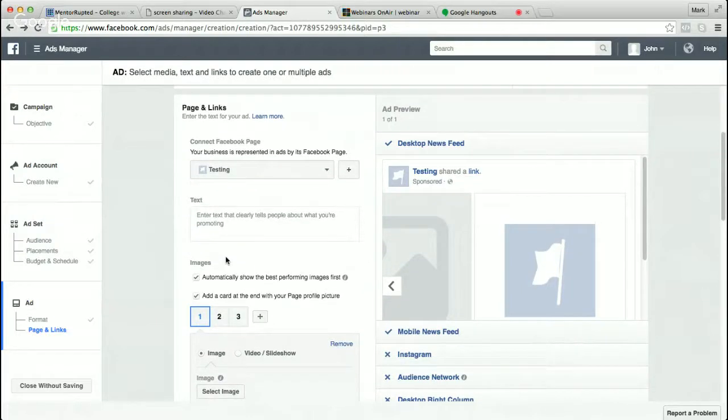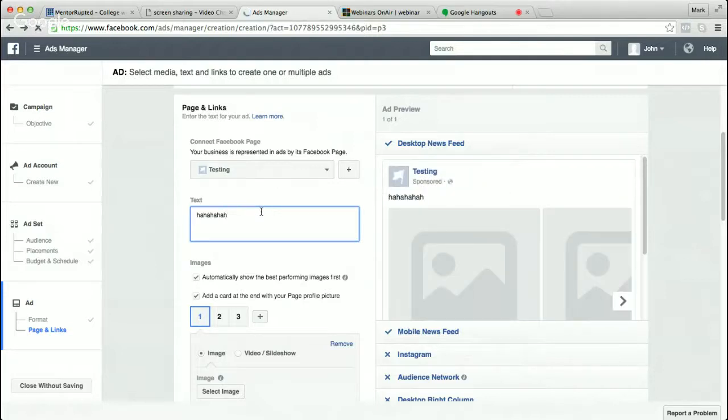So text is up here. So this is where your ad copy goes. And then